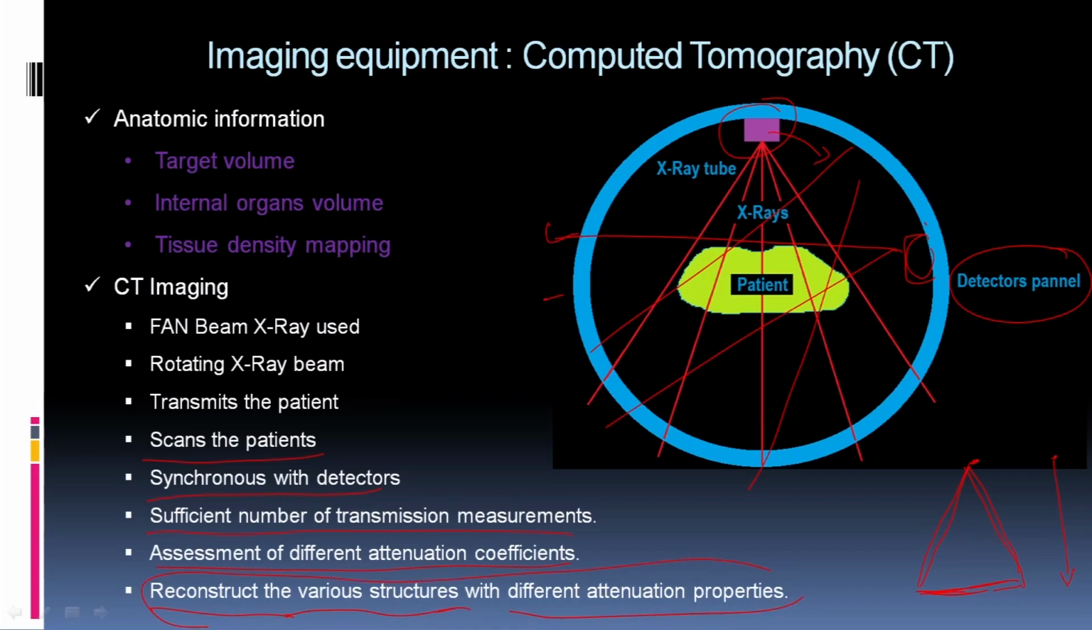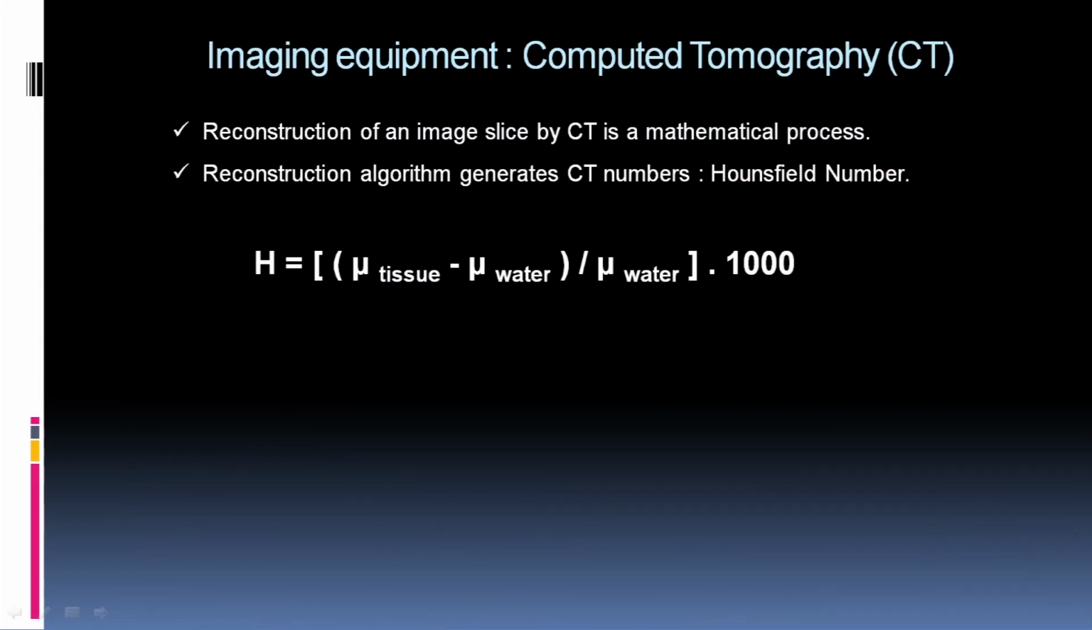We can reconstruct this attenuation from this transmission information. We can create a map. Now, reconstruction of a CT image slice is a very cumbersome mathematical process, and it is done by computer by a typical algorithm, which is actually devised by the various companies, and this reconstruction algorithm generates the CT